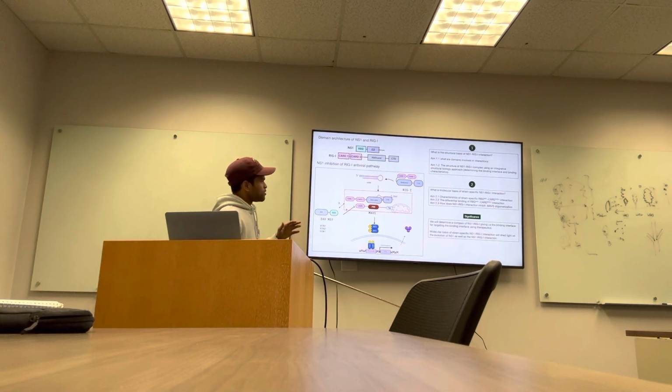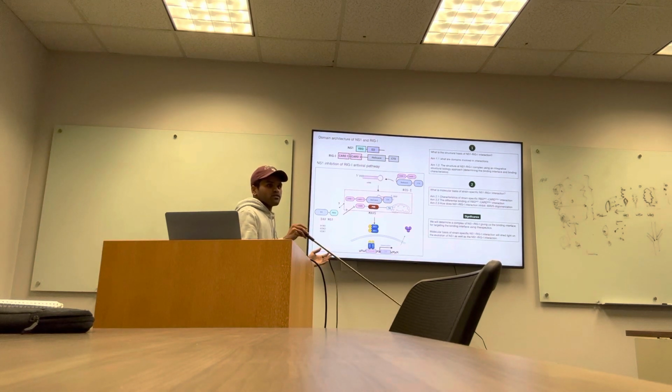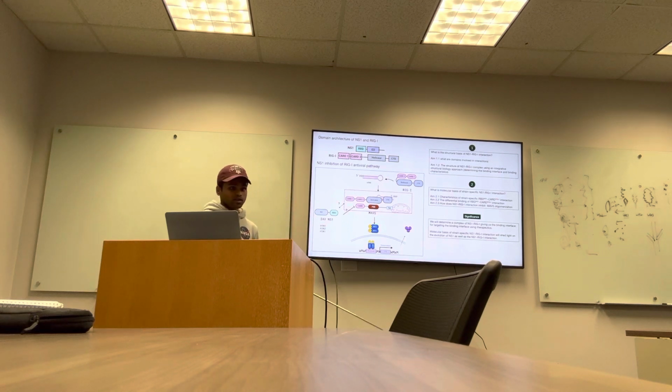Okay, so coming to significance, by the end of the study, we anticipate that we will determine a structural basis of NS1 inhibition of RIGA, and that will also give us the binding interface, which could potentially be targeted by therapeutics for inhibiting NS1 itself. As well, we will learn in the second aim the molecular basis of strain-specific interaction, which would shed more light on the evolution of this viral protein NS1, as well as the viral and host interactions.